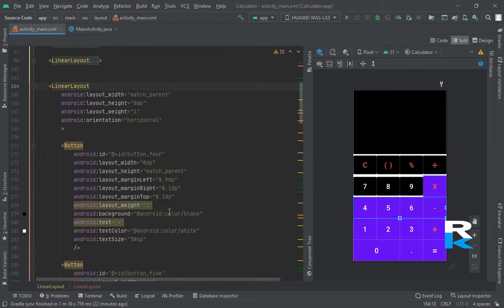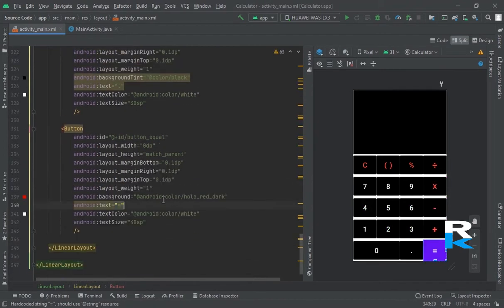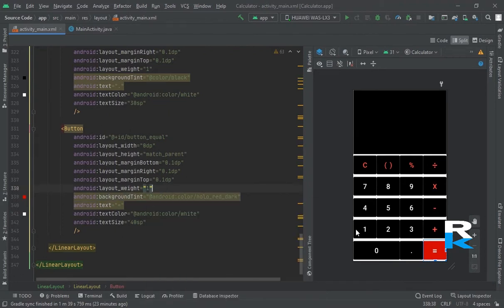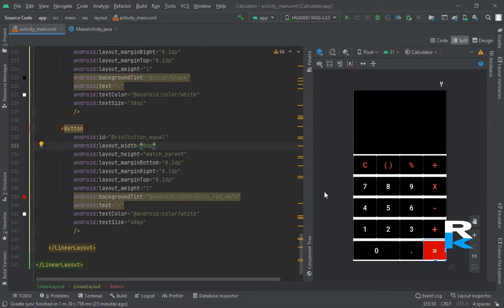Now next line, background, paste, background, paste. Now everything is fine. This equal button is changed because it should be changed here.